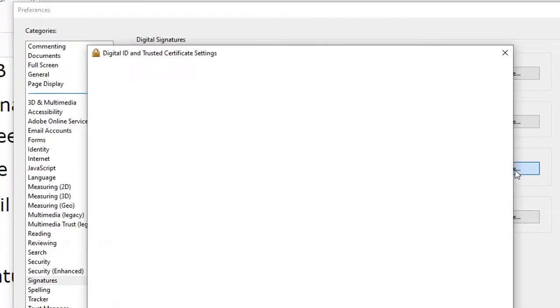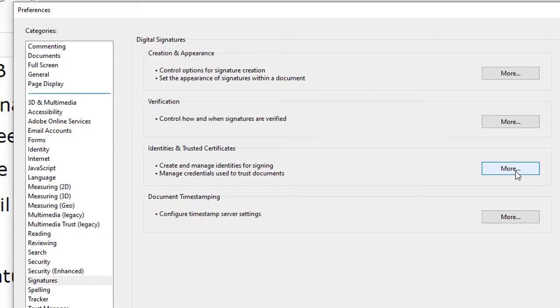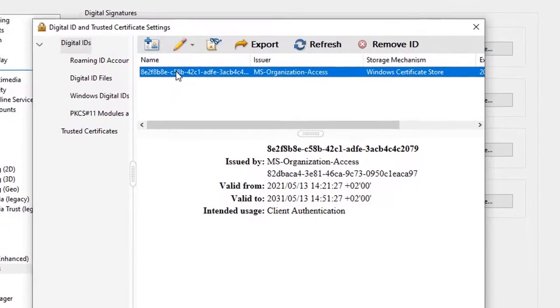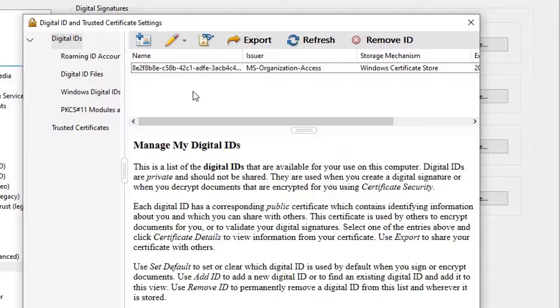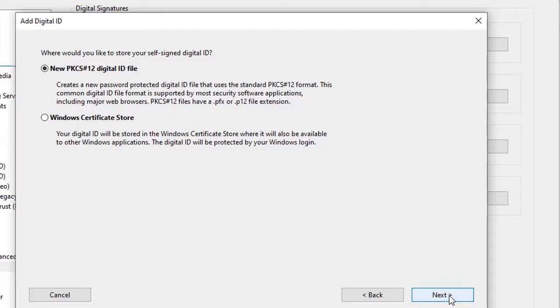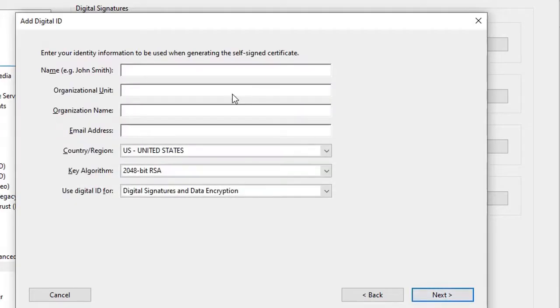So you click over here, let me take it again, you click on Identities and Trusted Certificates. You click on More, and then this is the default identity that is here, but you want to create your own identity using your name and everything. So you click on Name over here, and then you click on New, a new digital ID I want to create now. Then you click on Next, then you also click on Next, and now you start to fill in